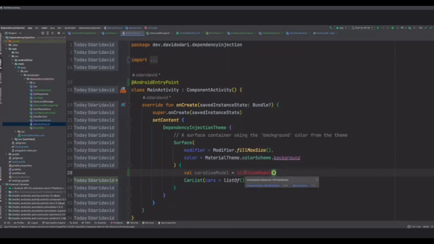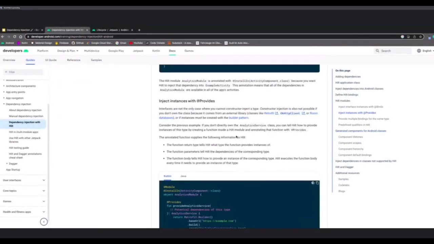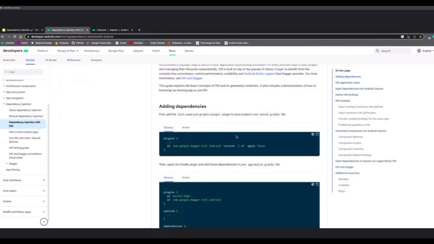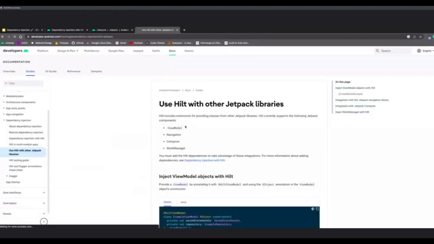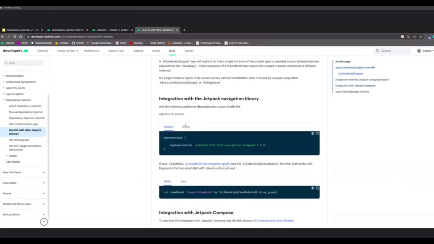And I think I need a dependency for this. Yes, I think I need to get the dependencies for this. I don't know if there is one here. I think I'll just look for one quick. And for Hilt view model, there needs to be, that's Hilt navigation.